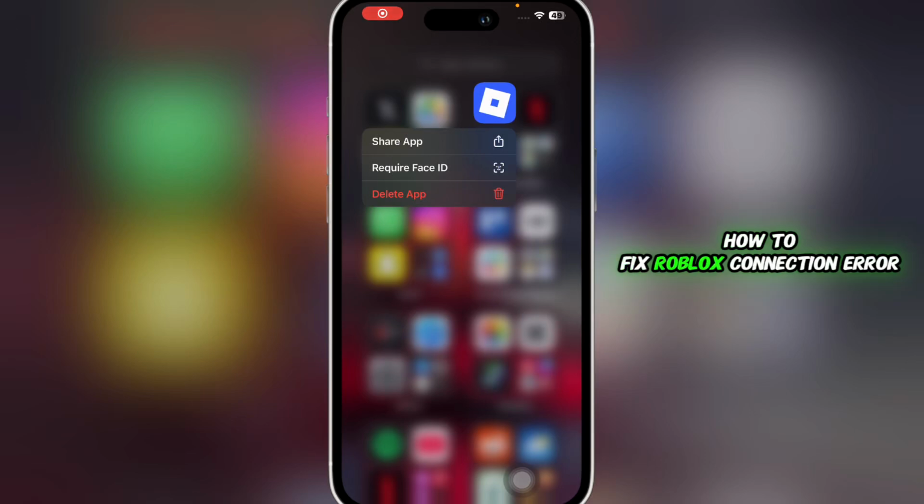How to fix Roblox connection error on iPhone. Hello guys and welcome back to the channel. In this video, I'm going to give you a step-by-step guide to resolve the common connection error or no network